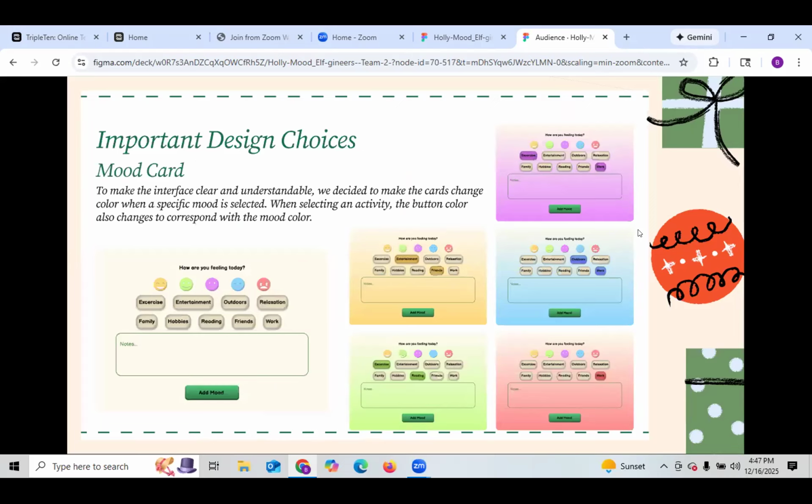Thank you. Okay, so two additional factors we wanted to highlight were the activity button color changes and the mobile version of the site. First on this slide, as you can see, we wanted our user to be able to select activities that connected to their mood. So to keep the design consistent, we decided to make the buttons change color to the corresponding mood once selected. We think the color change in the bubble buttons allows for a friendly task that would be difficult to skip. And then if you go to the next slide,